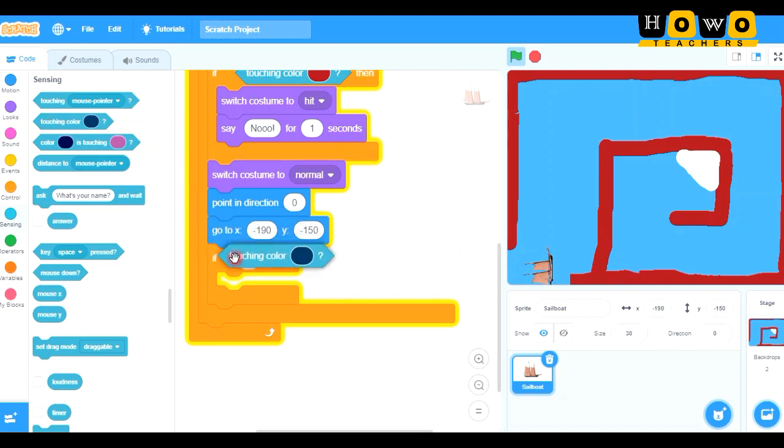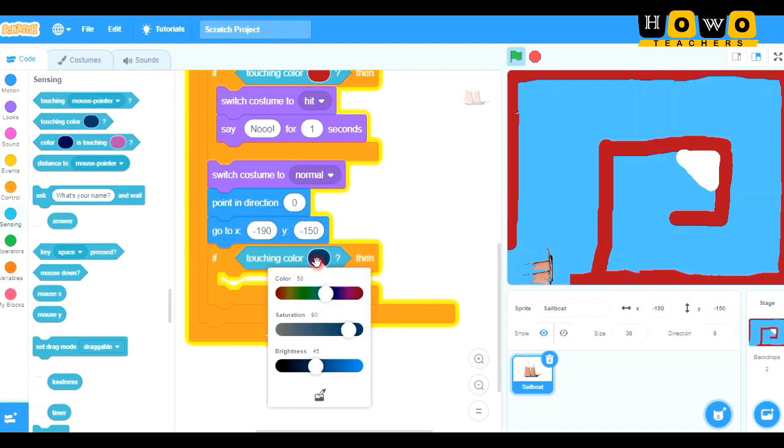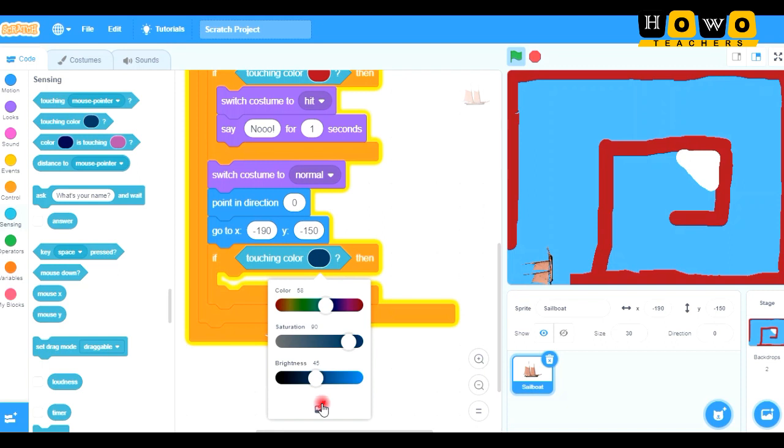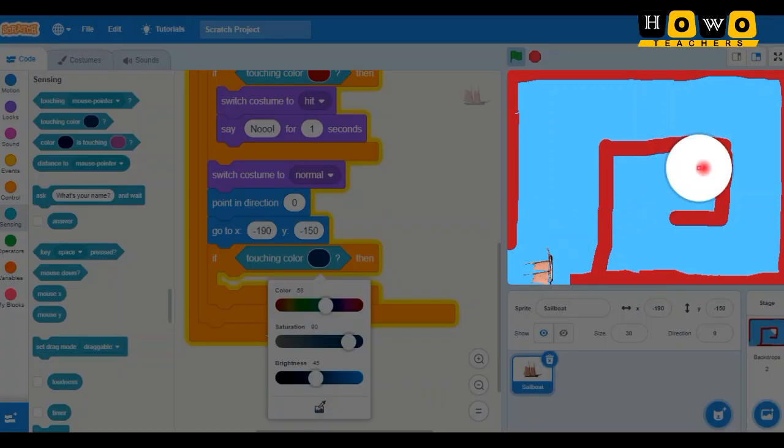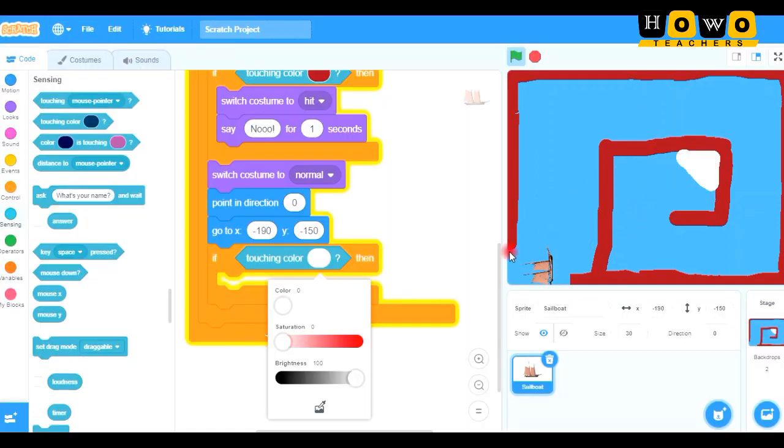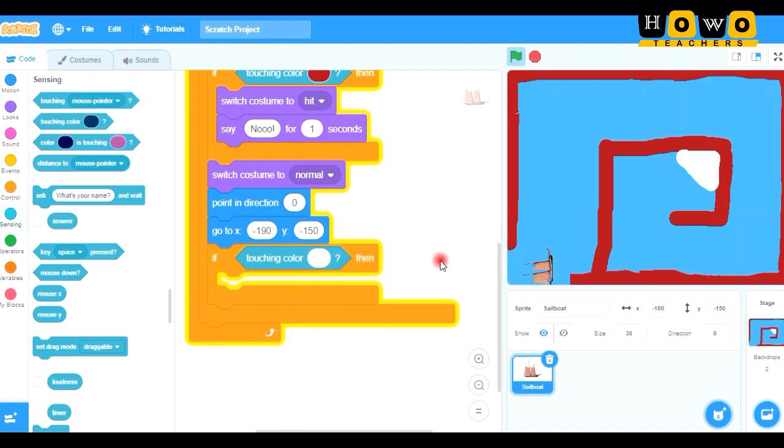Now which color we need is the color at the end. So here I am using this color code, and at the end it is white, so I am using white here. And if it is going to touch that, then what we need is that it should say yeah, or it should say you won, something like that.